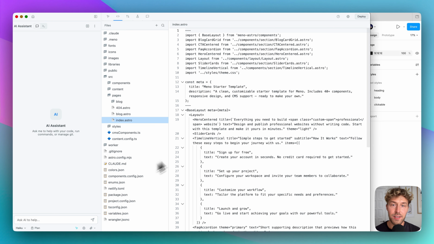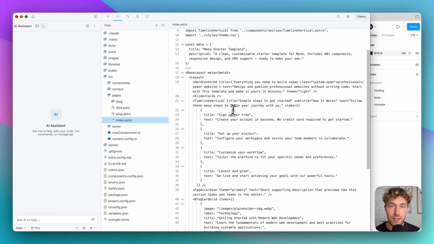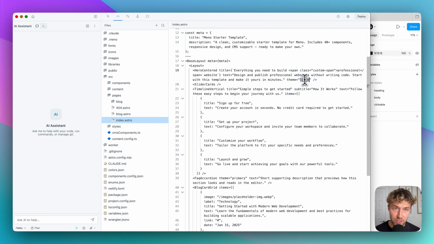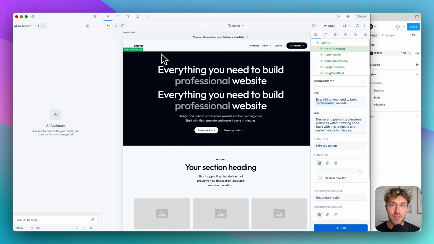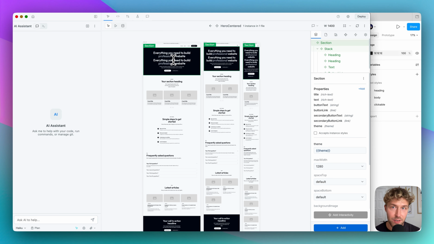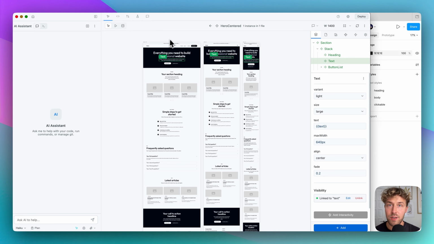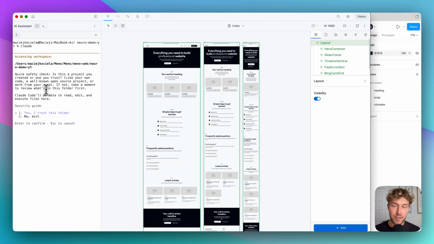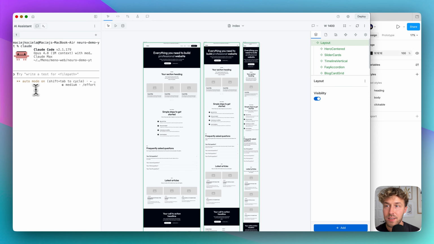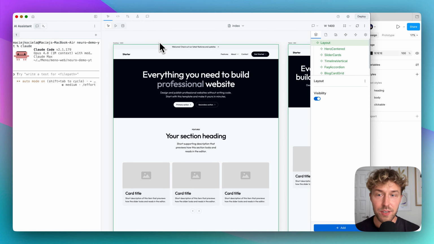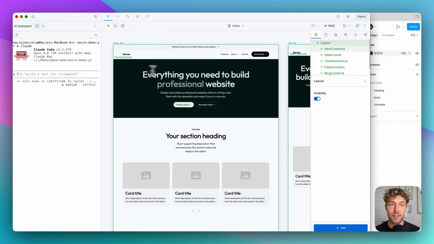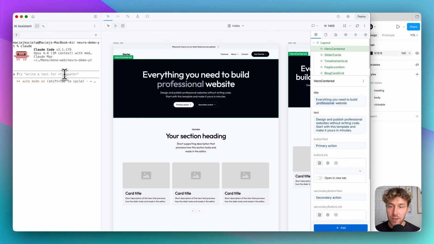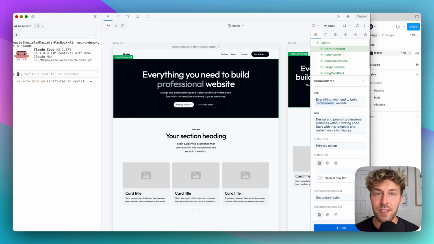What is super cool is that when we are editing it, we are editing actual index.astro. So we are editing Astro project. This is our website, our page index. So when I would change theme right here to dark, it will be automatically updated in our view in all breakpoints, of course. So I can right now remove this one. What is the most cool about it is that I can open Cloud Code directly here. So I just need to accept access for this folder, because everything lives in my local file,